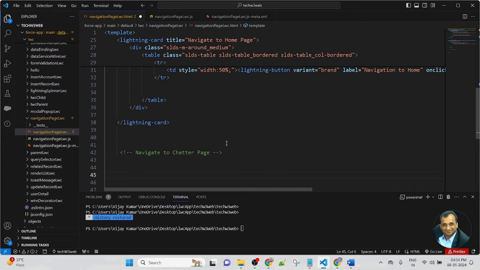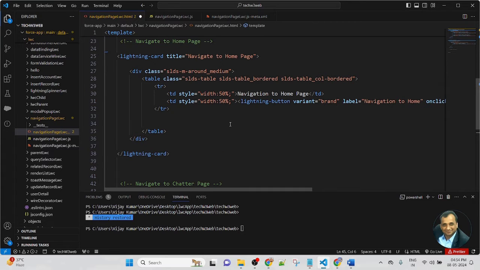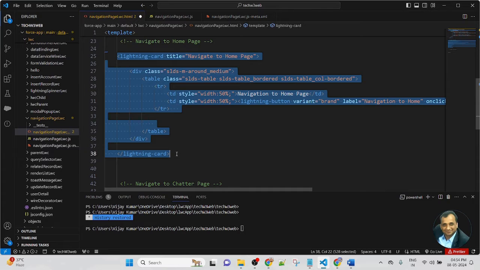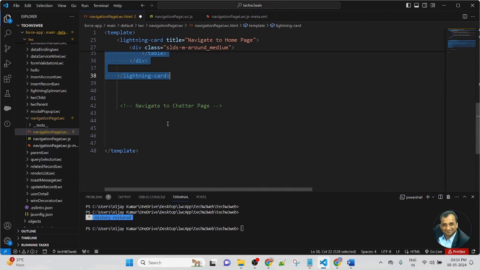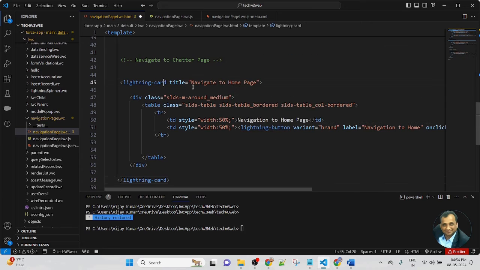So I will create the same. I will copy the lightning card from here and paste it below the Chatter section here. And I will rename the title: navigate to Chatter page. First I rename the title of the lightning card. Then this is the first template, this is the second template.